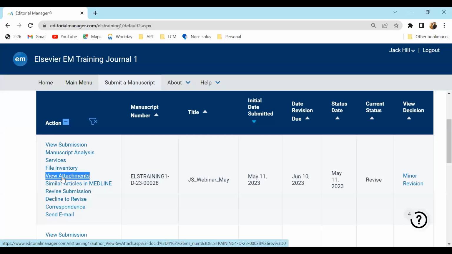So preparing your files before you begin to resubmit allows the revision process to run smoothly and efficiently. In order to see the source files that you have submitted in the previous version, you can also click on the file inventory option here that you see on the action column. Here you can download individual files, or you can select multiple files to be downloaded into a zip file